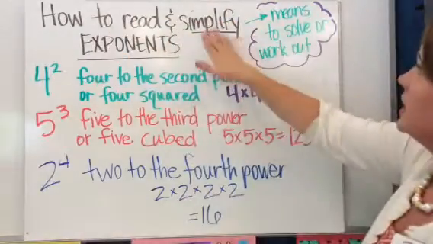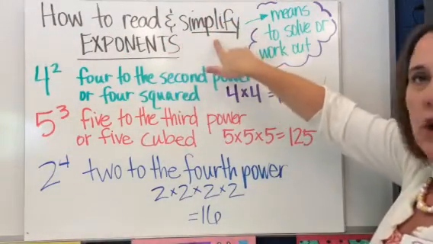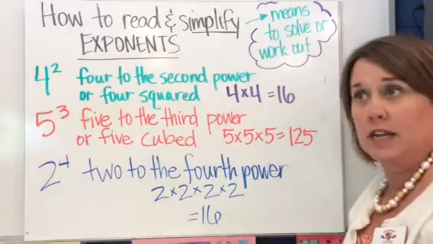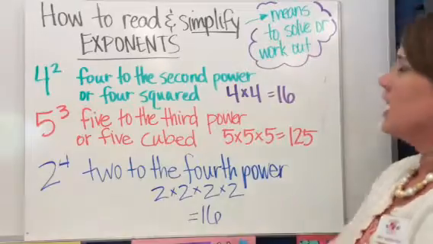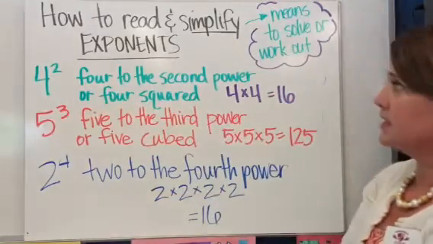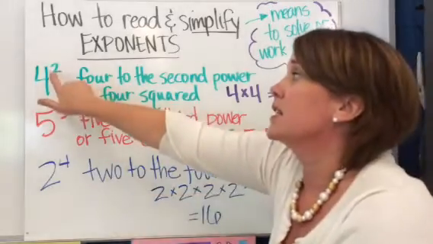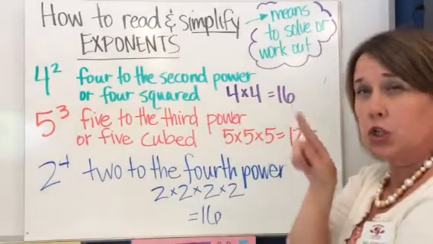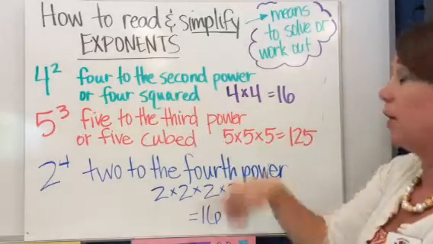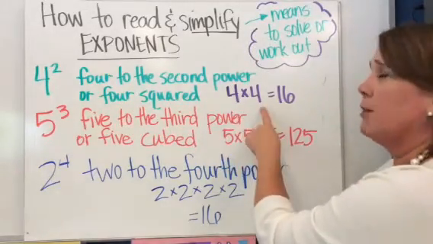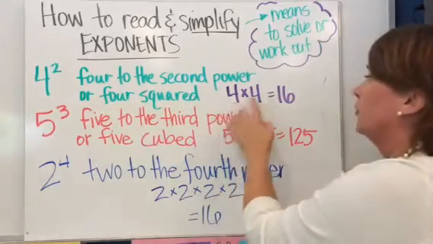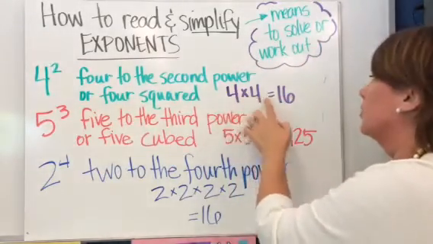The way to read and simplify exponents, by the way, simplify means to solve or to work out. Sometimes you will see it say find the value of. Here's an example. 4 to the second power. That's how I read this exponent. But this has a special name too because it's a 2, and so I can also read that 4 squared. But what it means is 4 times 4, the base 2 times, so 2 4s,